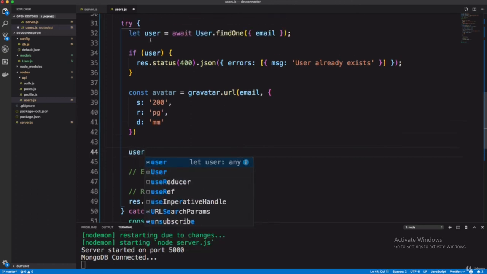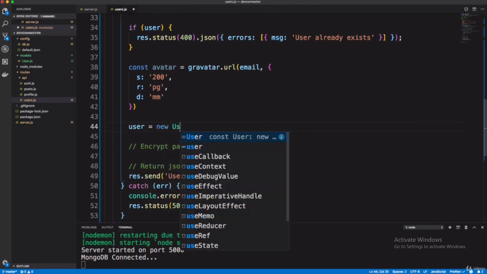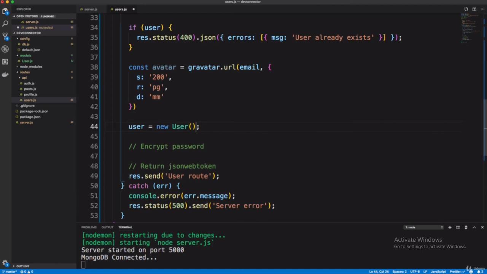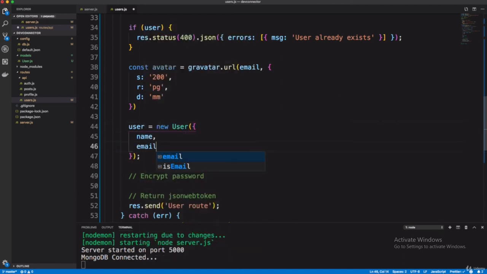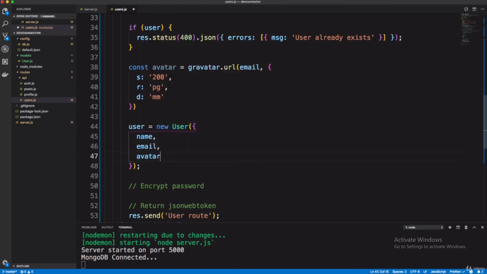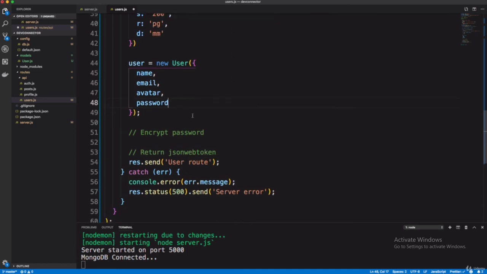Now the next thing you have to do is create a new object of the user model. Here you have to grab all such things: name, email, avatar and the password. Okay, it will create an object.